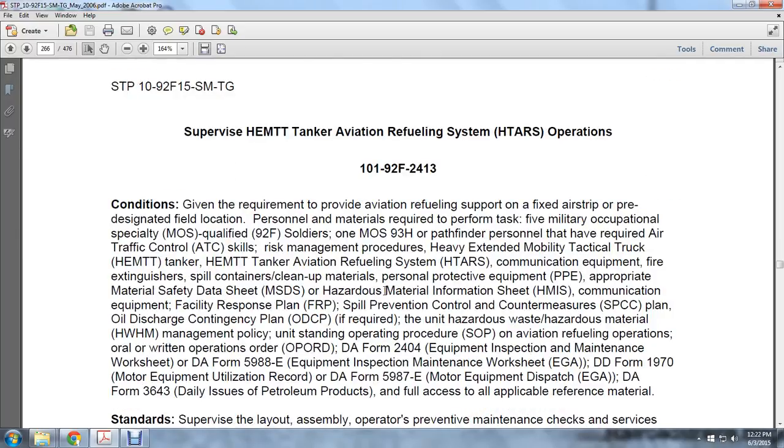Supervise the HEMTT tanker aviation refueling system, or HTARS, operation. Given the requirement to provide aviation refueling support on a fixed airstrip at a pre-designated field location, with equipment and personnel. Materials required to perform the task: five military occupational specialists, qualified 92F soldiers, and MOS 93H Pathfinder personnel